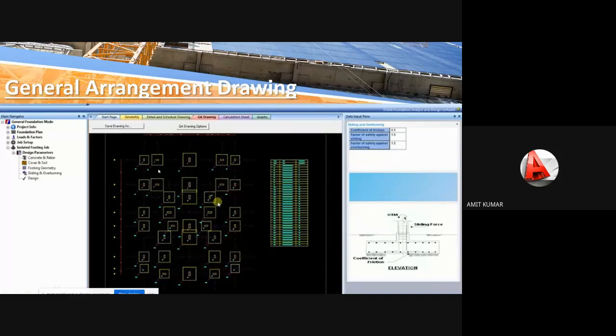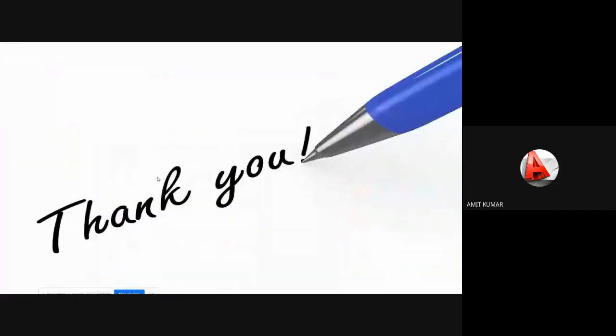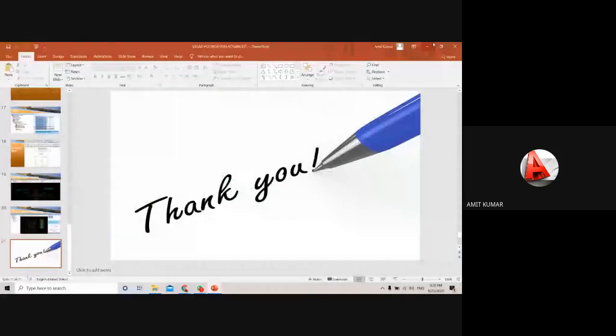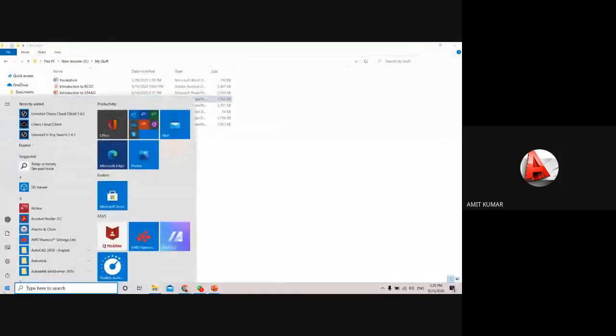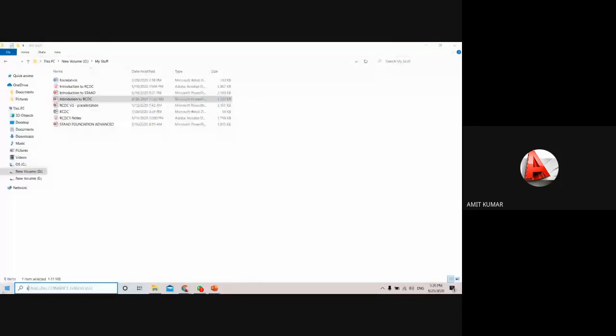Okay, so now I am just going to show you the tab from where you can transfer your model to the Stat Foundation. So just wait. I'm going to open the StatPro software.